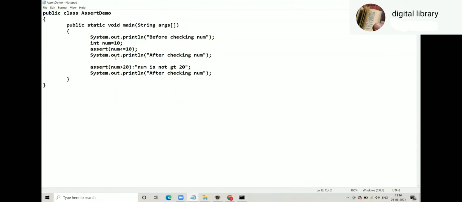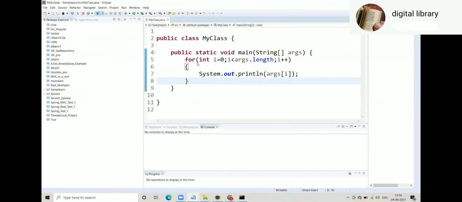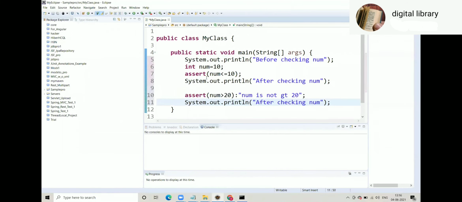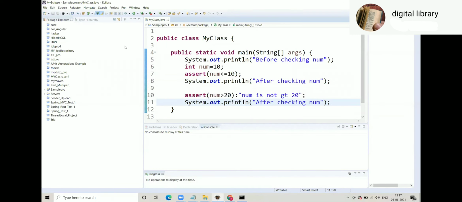How will you test this code on Eclipse? How will you check your code on Eclipse? Now when you write, first of all, this is yesterday's code, the command line code, sample code.